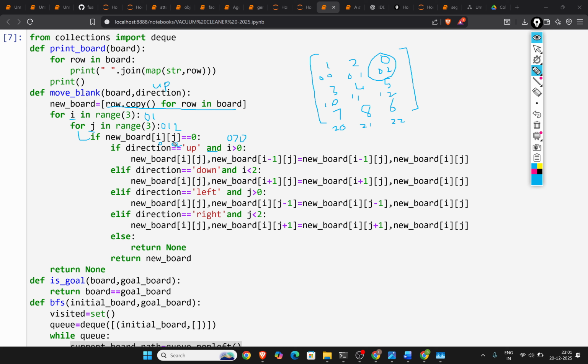Now you can check here, when i value becomes 1, it cannot find the 0 or our blank space. So it is a waste, and it won't execute anything. So it will directly return to our function. Where is our function call? Where is our